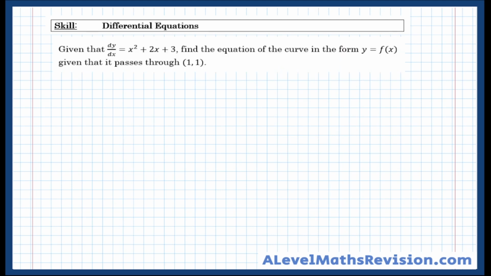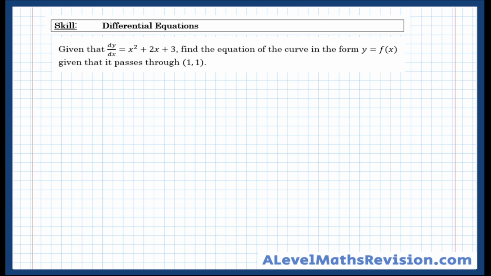And this example says, given that dy by dx is x squared plus 2x plus 3, find the equation of the curve in the form y equals f of x, given that it passes through (1, 1). So pretty standard type of question this, and to do one example of these is enough. So, if we're given dy by dx and we need to find the equation of the curve, then what we